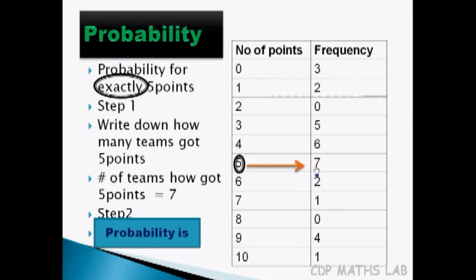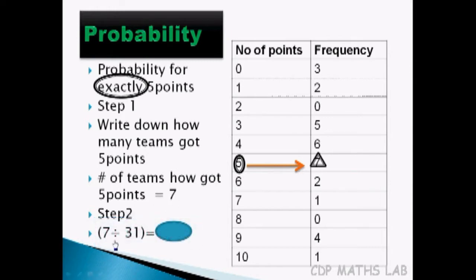Then I identified how many teams got 5 points, and just 7 teams got 5 points. So write down how many teams got 5 points. Good. So the number of teams who got 5 points is equal to 7. So that is step 1. Now step 2